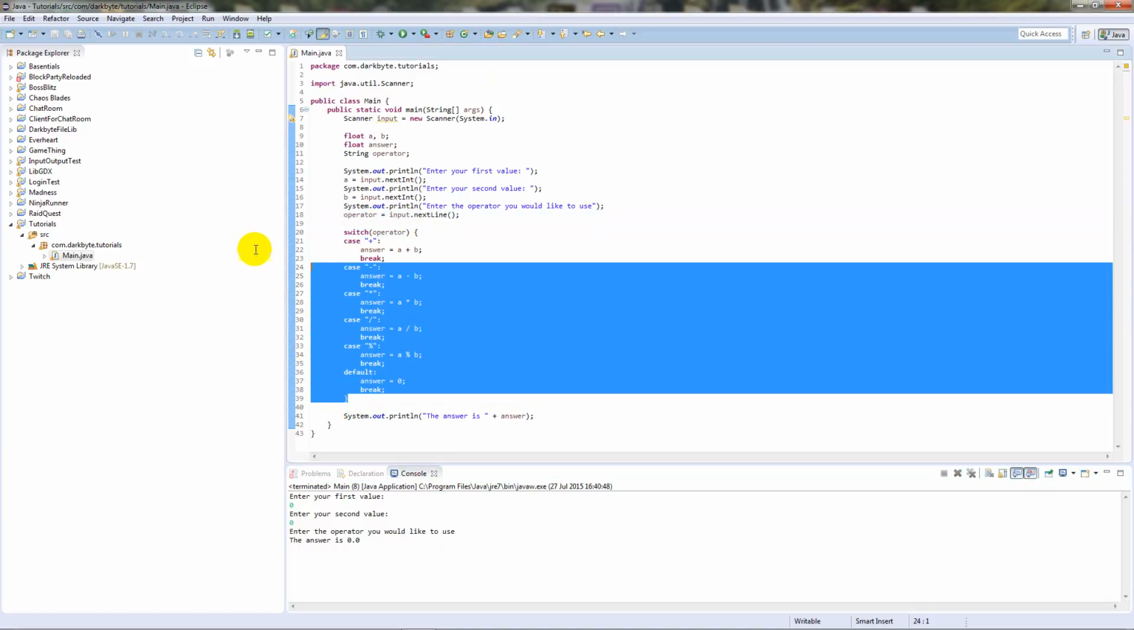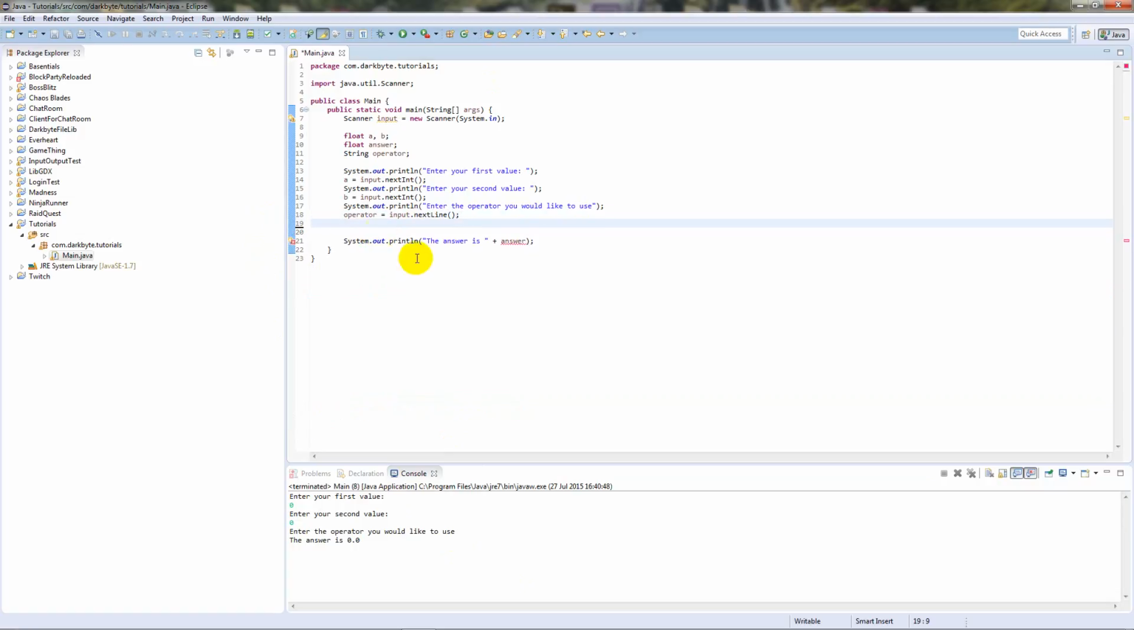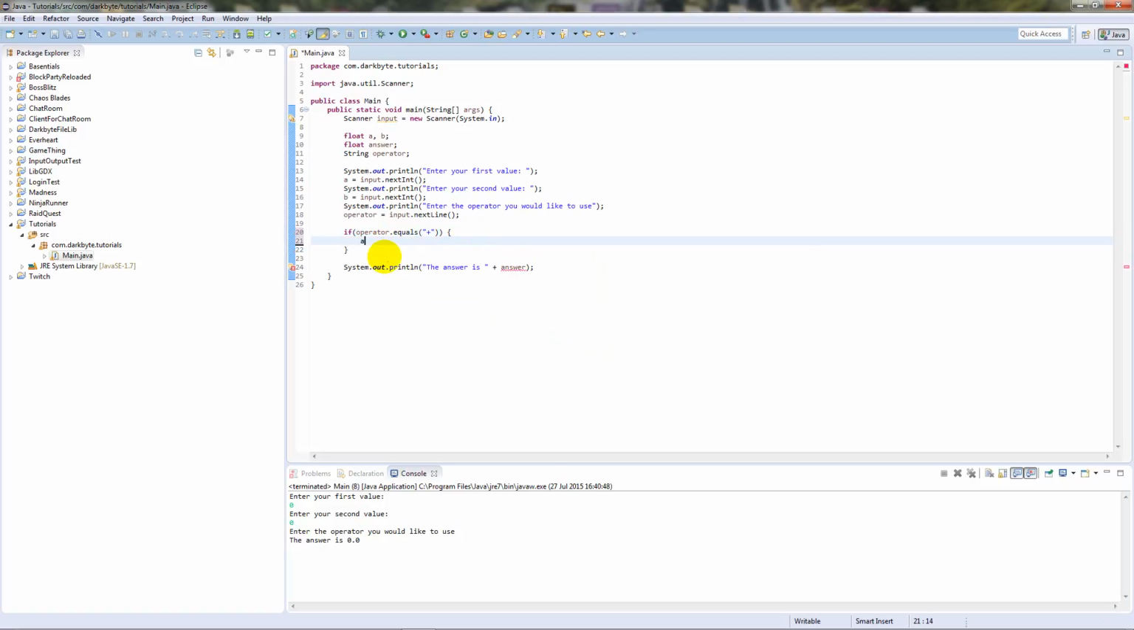So instead of using a switch, we're just going to test if it works any differently with an if and else. So we're going to use an if and else statement, a block of them. So we're going to use a load of them. So if operator dot equals plus, then answer is equal to a plus b, else